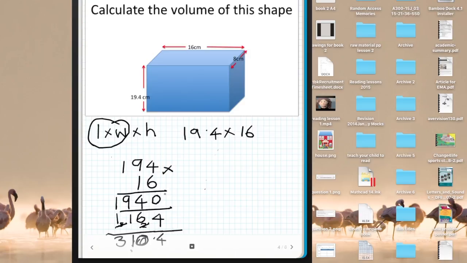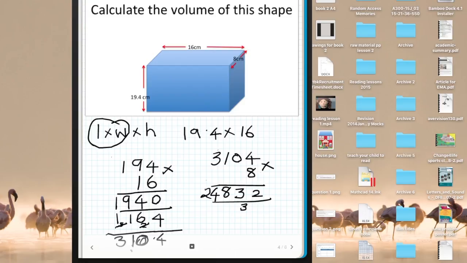Now I'm going to times my 310.4 by 8. Remember, I'm going to leave the decimal point out because I'll put that in later. 8 times 4 is 32. 8 times nothing is nothing, add 3. 8 times 1 is 8. 8 times 3 is